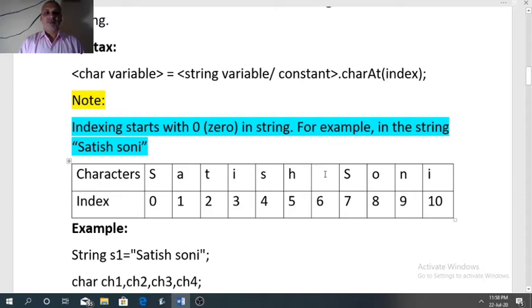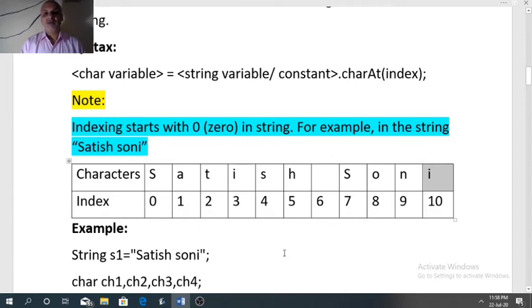Space. Space is also a character, it is allotted index number 6, and the last character, i, is allotted index number 10. So the last index is 10 since indexing starts with 0.